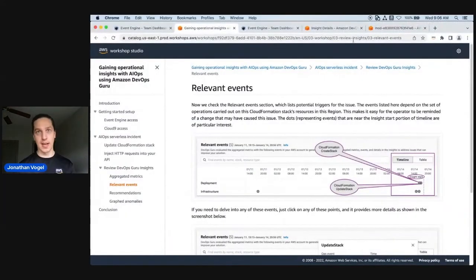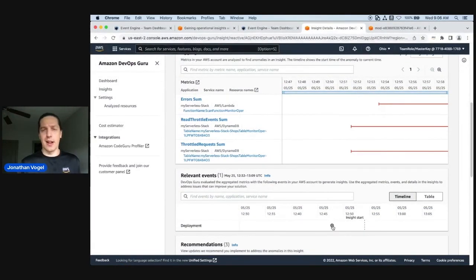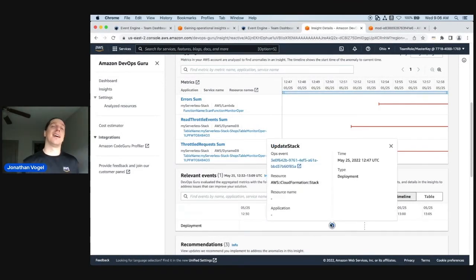Or we're targeting a DynamoDB table, and that happens to be the one that's having a problem. So DevOps Guru is using its ML powered capabilities to assess that not only is this DynamoDB table producing anomalous metrics, and it's part of the same infrastructure as this Lambda and other resources, but we have a relevant event here, and it's a deployment. And the deployment is the deployment that we all did. So we all made a change to our DynamoDB CloudFormation configuration to reduce that read capacity, and then we pushed it, and it led us